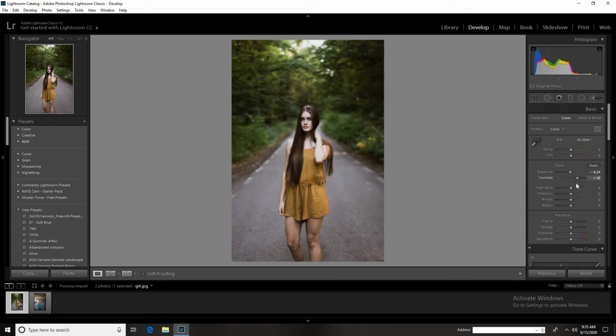As you can see, now we'll decrease the highlights to bring the details like this, but it made the picture dull, so we'll cure it later. Now we'll also decrease the shadows around 70 to 80, and we'll increase the whites to bring light in the picture.